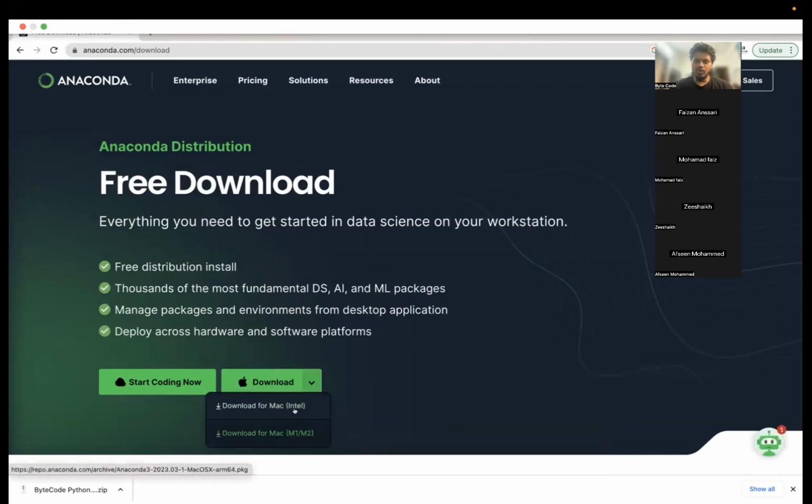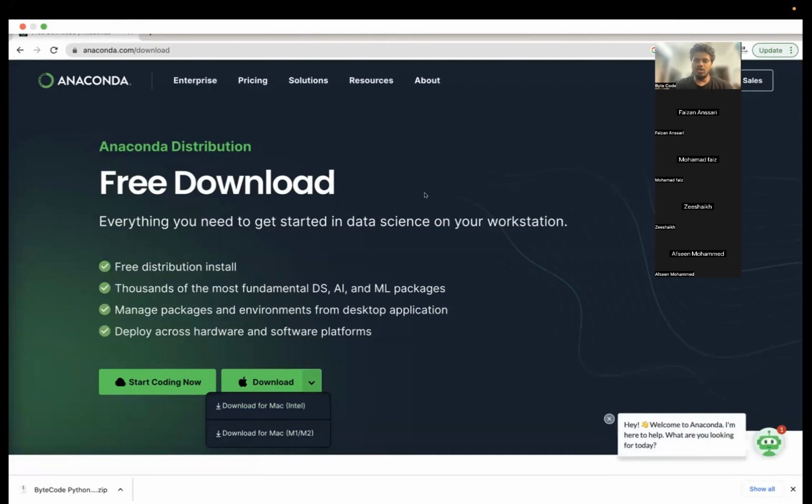You have to download for your own operating system. I suppose everyone would be on Microsoft Windows. Since I am using Mac, that is the only reason why I am getting this option. But if you are using Windows, it would be a download for Windows. You just have to download it.